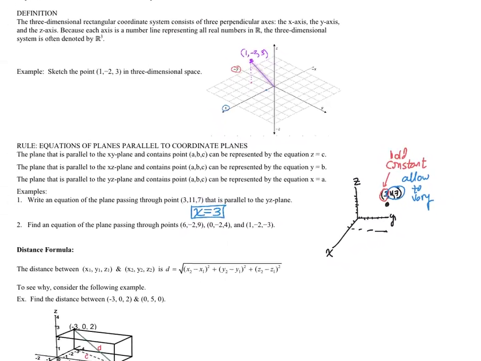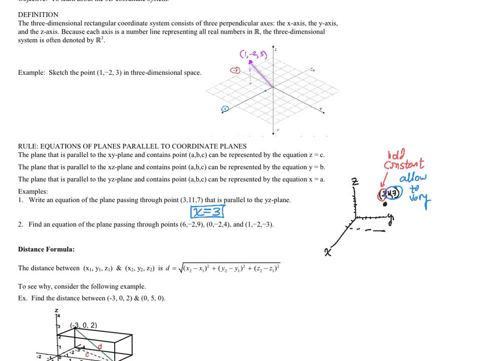The plane that is parallel to the YZ plane and contains point A, B, C, can be written as x equals A. Now, I do a lot of hand waving, and I remember when I was a student, hand waving was a thing. Doesn't mean that you have to like it. So we don't have to like it,